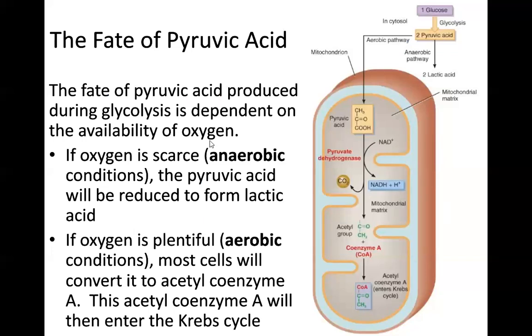Okay? If oxygen is scarce, it doesn't mean that oxygen is completely not in the cell, but we just don't have enough of it, what we'd call anaerobic conditions. We're going to run it through an anaerobic pathway, which results in 2 molecules of lactic acid being formed. And if we think back to when we talked about our muscle lecture, we discussed a little bit about ATP production in muscles, and one of the things we talked about was lactic acid,